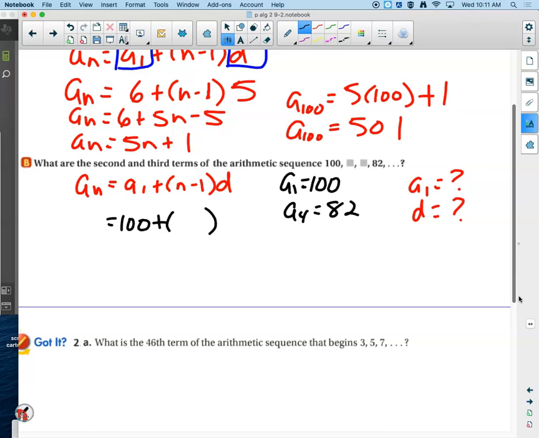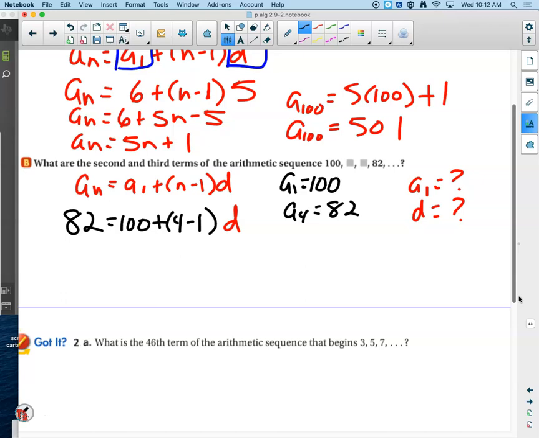N is the number of terms. So as I think about this, I think, well, this one was already part of the formula, but I haven't done anything with this one yet. I should put that 4 in for n. And then I don't know d. But if I put the 4 in for n, don't I know the answer? What am I supposed to get if I put a 4 in for n? 82. So we did have enough information